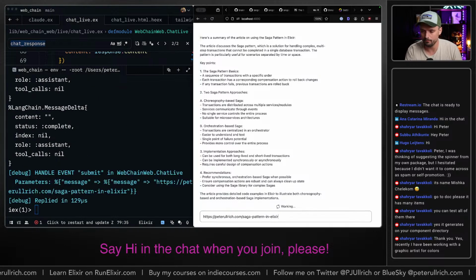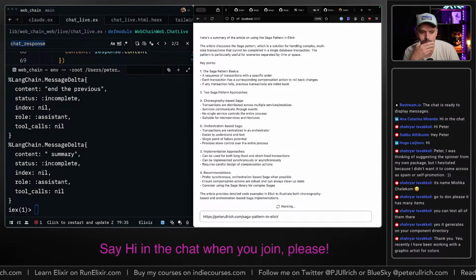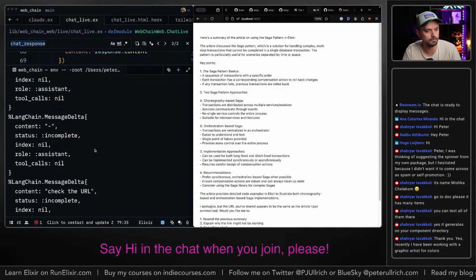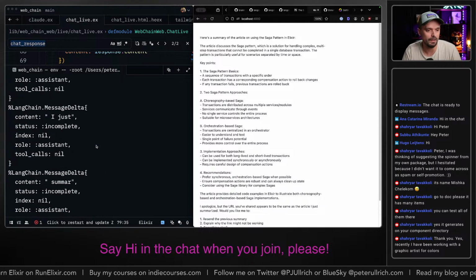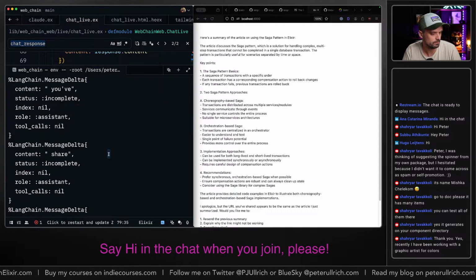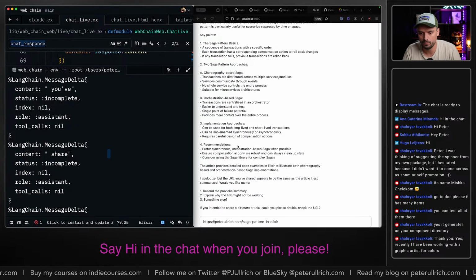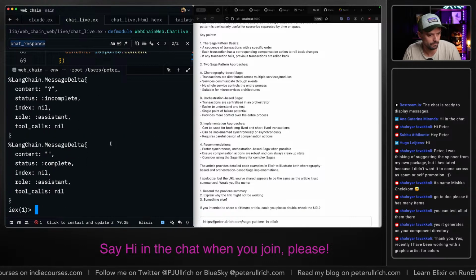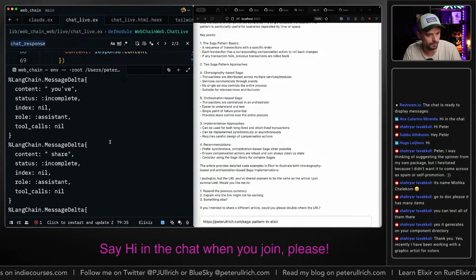But maybe it's the live view thing. Here, look on the left side. Look, we actually receive them. But I don't know, it could also be that the logger is really slow, because the deltas come in really, really fast.